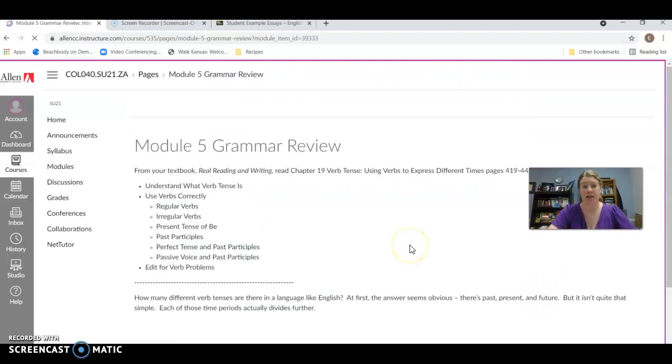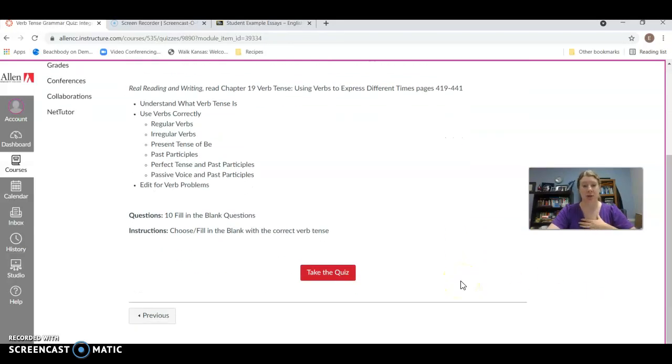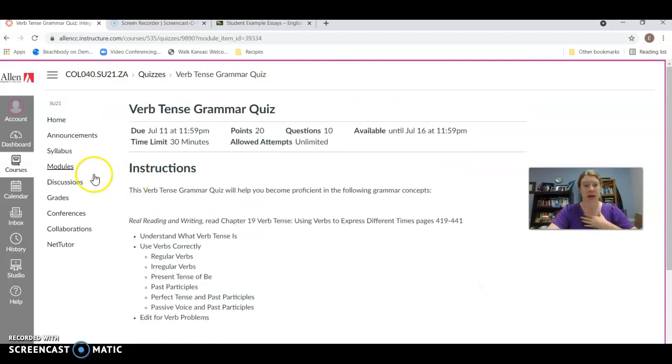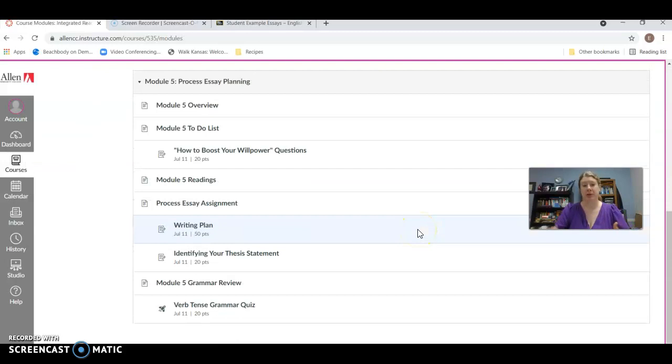The last thing that you'll finish, of course, is the grammar review. We're doing verb tenses in this unit. So this will be the quiz that you take over verb tenses. So that's the module. It's fairly simple assignments. We're not getting into a lot of the writing just yet, and so take advantage of this little break from writing an actual essay assignment that will be graded on all of the essay constructs, and just kind of get into some of the pre-writing here.